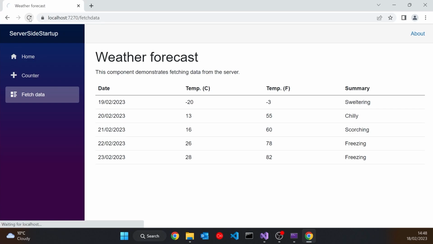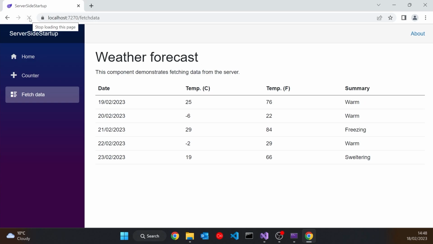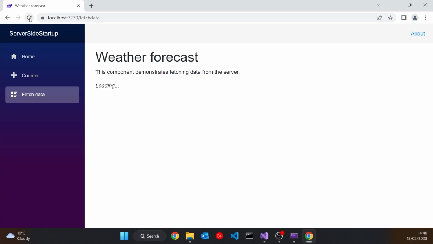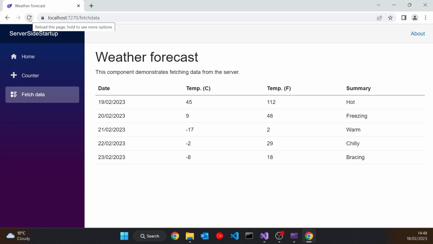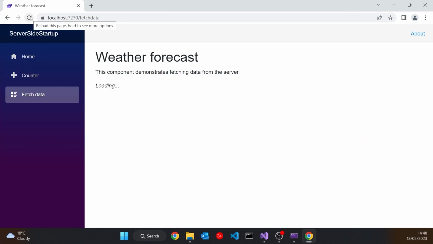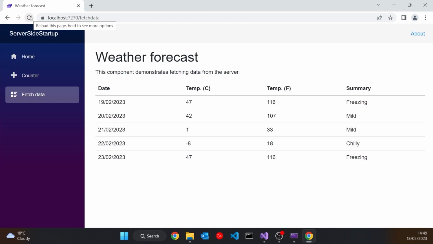So it's delivered us directly the data, but then it does another loading, and then it gives us back, in this case, some different data, and it's different data because of that randomization. So remember, the weather forecast is random each time, and the problem is we're requesting it twice. So we do the refresh, that requests it on the server, so gets the data from itself, puts that into the completed page. But then once the page has been downloaded, then all of our Blazor WebAssembly kicks off, and the code running in the browser